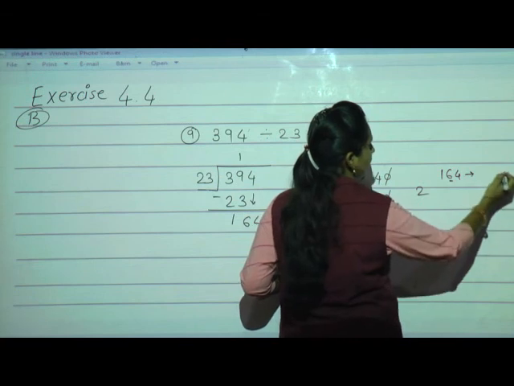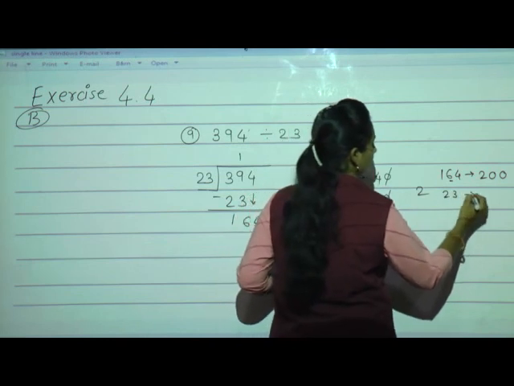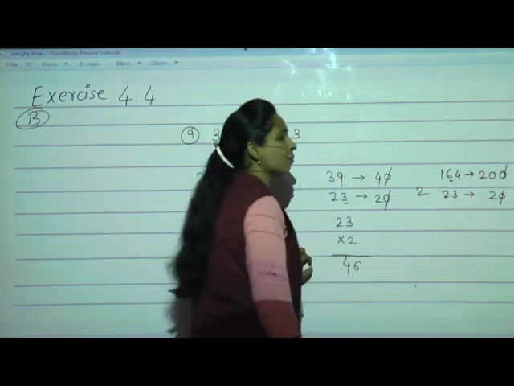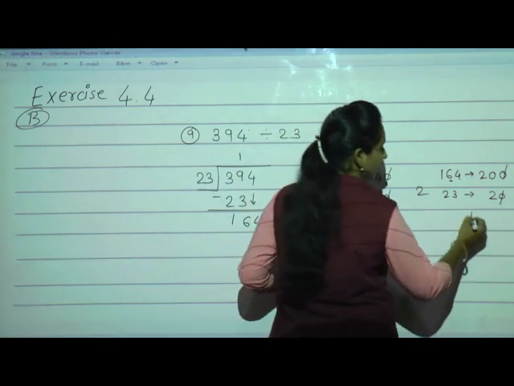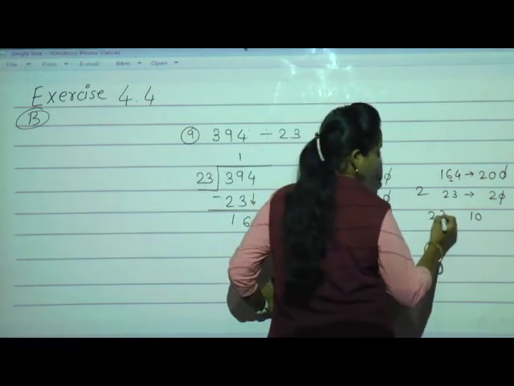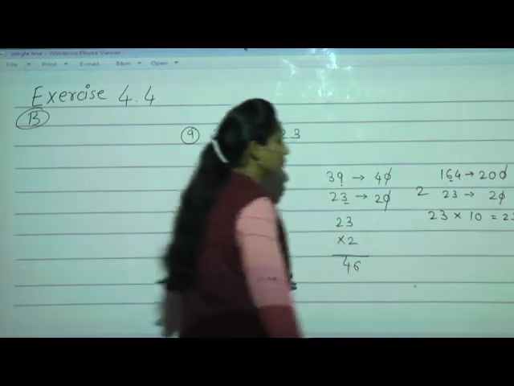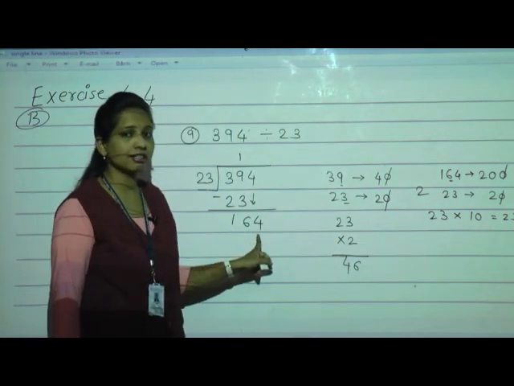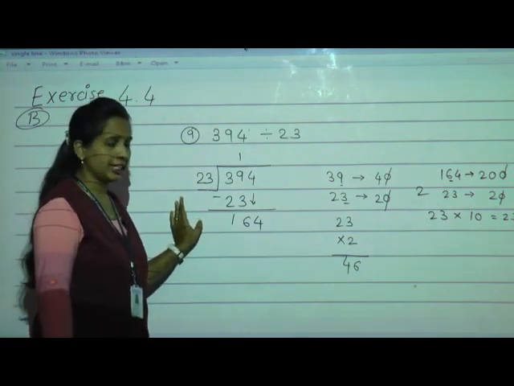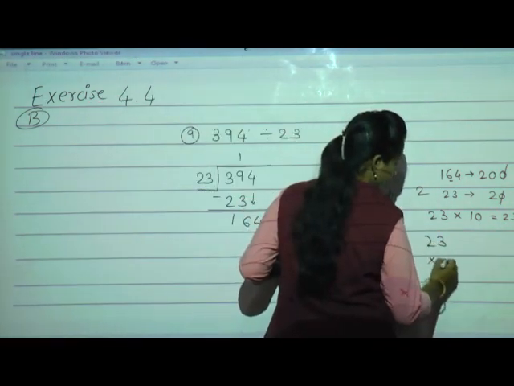We have to find the rounding nearest to 164. 6 is there at the tens place, place 0, 0 and add 1, 200. And 23 is rounded to 20. So cross, cross 1, 0, 1, 0. How many times does 2 go into 20, students? 10 times, isn't it? But if we go with the actual number 23, what will come? Very simple, 23 ones are 23, 0 as it is, 230. But what we are trying to see is whether 164 goes from 23, how many times. Now I'll go with less than 10, that is 9.